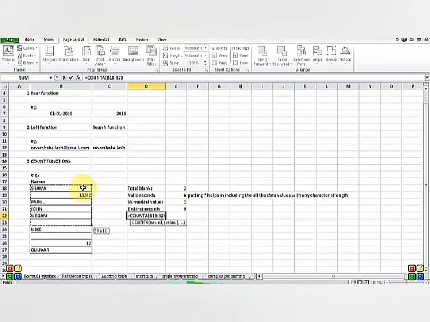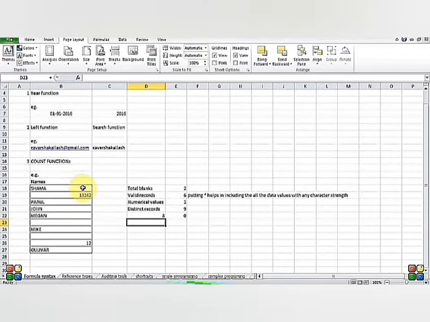So here in my data set it will calculate, then brackets close, enter, and it comes as 8. You can see there are 2 empty cells, hence COUNTA will not count the empty cells in the data set range that you have given to the system.